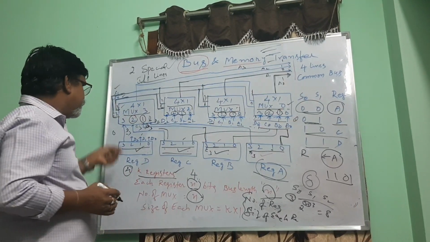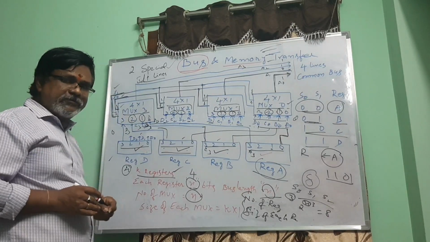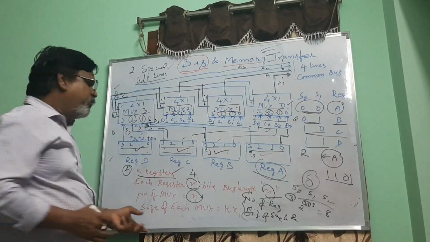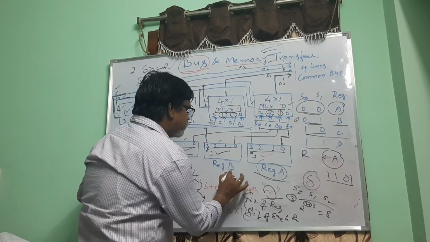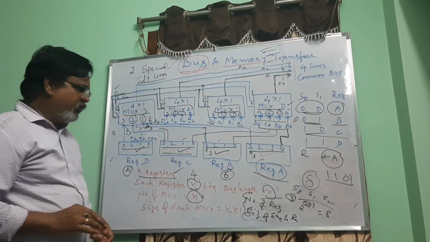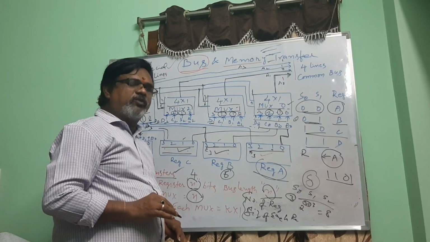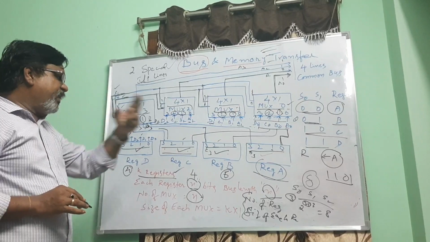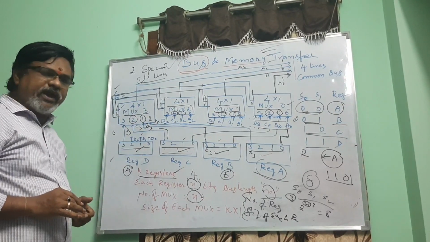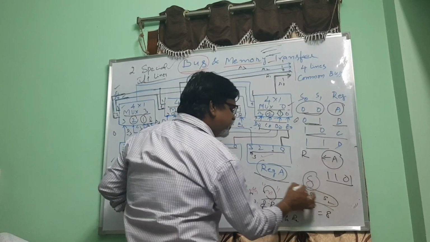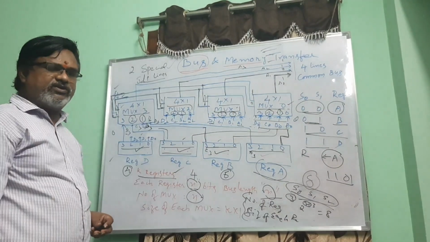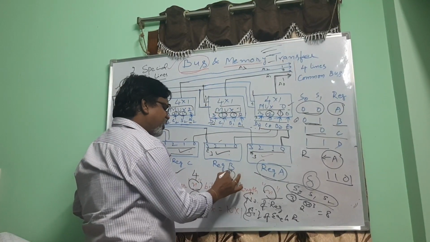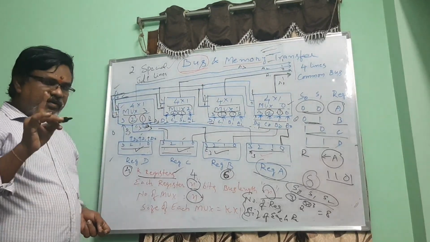So you can ask me, sir, you said S0, S1 for selecting 4 bits, and for 8 bits you said S0, S1, S2, but what about 6 bits? You got my point. If there are 4 bits in a register, we can use 2 select lines, S0 and S1. But if there are 8 bits in a register, to select those 8 bits, as I told you, you can use 3 select lines, S0, S1 and S2. But now my question is, if the number of bits or the number of registers is 6, then for this,